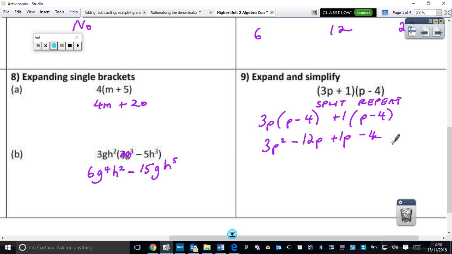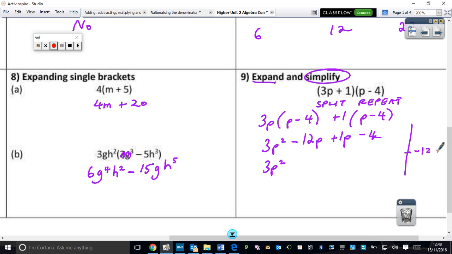The next bit, we've expanded now. We now have to simplify, and that's put everything that's the same together. So 3p squared, well, p squared there. Are there any more p squared there? No. So 3p squared stays as it is. I've got minus 12p, and there's another p term there. So there's a p there, so I've put it together. So I'm at minus 12,